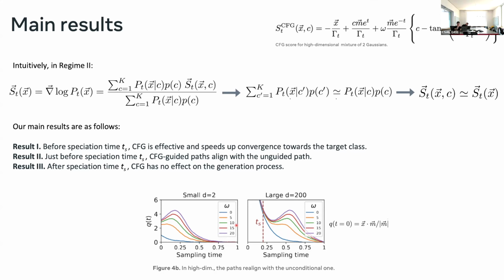That's a good question. I should have also mentioned it. We didn't invent speciation time. This is previous work of my supervisor. But if I understand correctly, what you need is that your two Gaussians are well separated. Because if your Gaussians aren't well separated, you cannot define a class, because you can kind of think of it as having images.